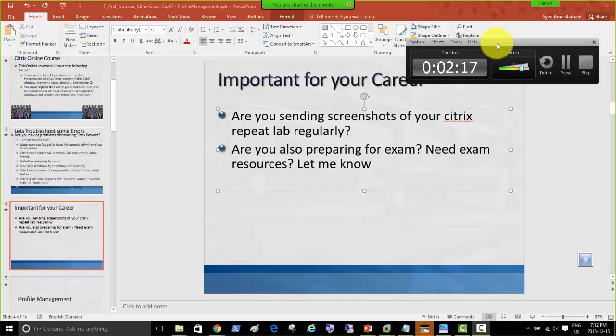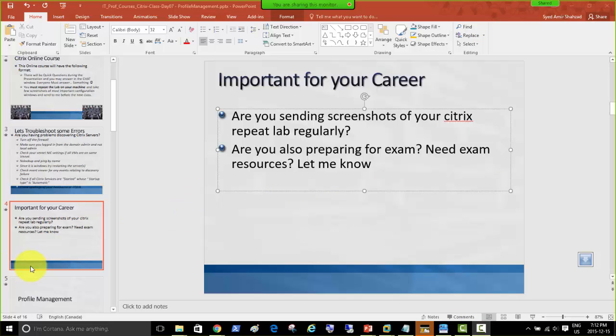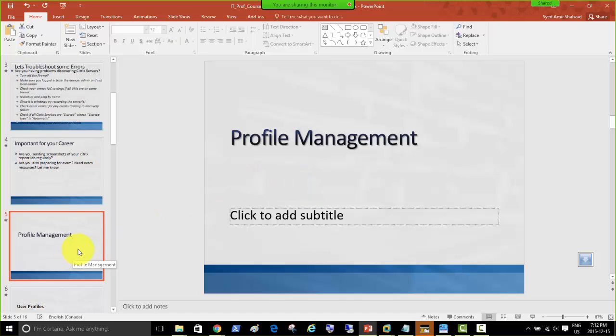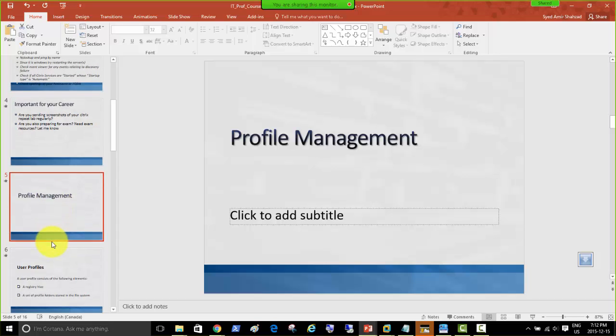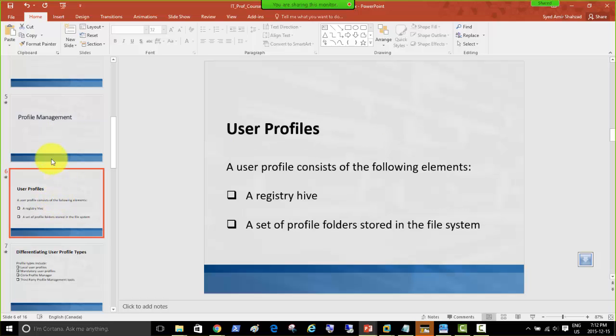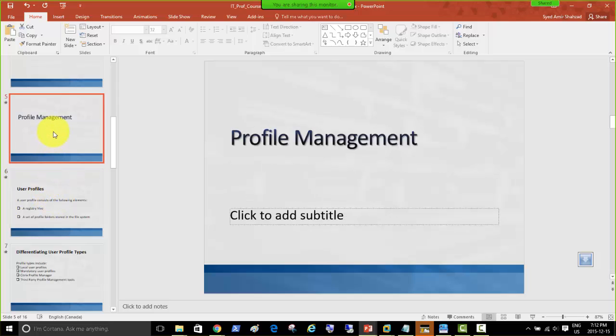So now, let's go for profile management, and this is a very important topic. It's all about, of course, users connecting to the XenApp environment, the Citrix environment, and they're connecting in hundreds, and in large environments even thousands. So there is knowledge that we need to have about how the process goes when the user logs in: is there a profile, and if there's a profile,